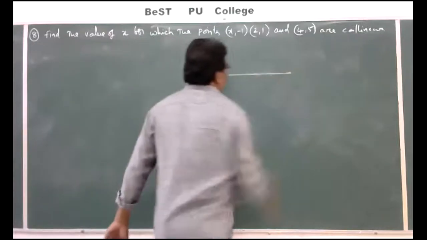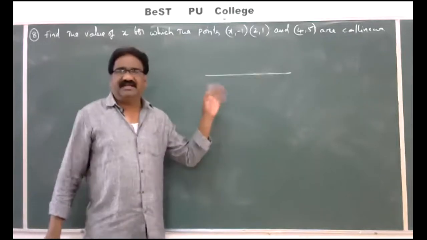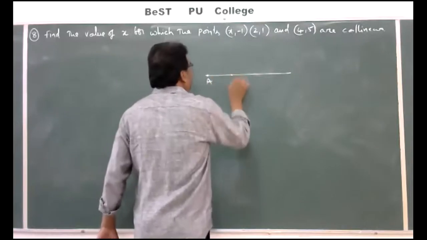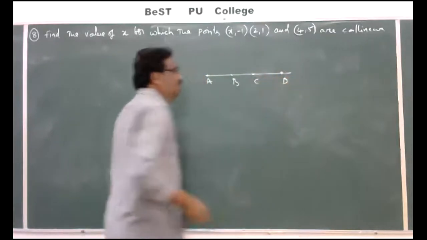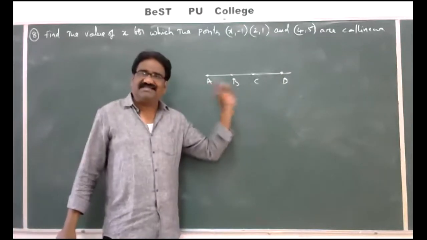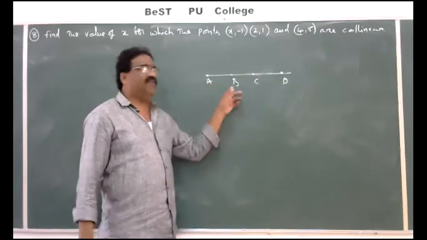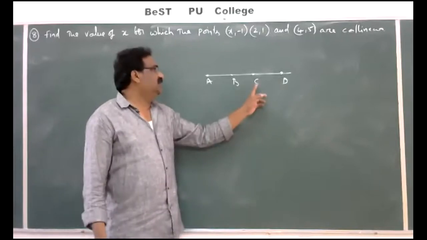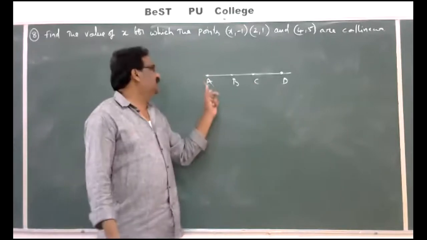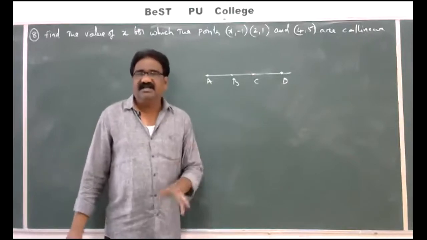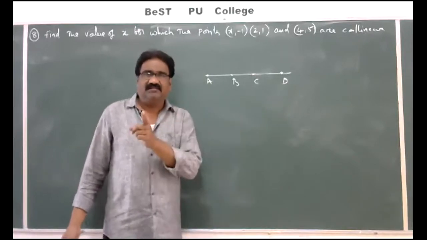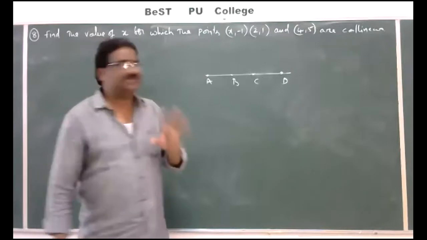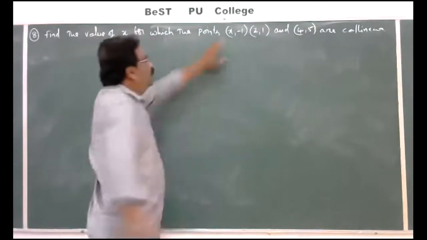So we know the slopes of the line. I gave a slope definition earlier. The slope is always unique. For example, here A, here B, here C, here D. These 4 points lie on the same line. You find the slope of AB, you get m. Find the slope of BC, you get the same m. Find the slope of CD, you get the same m. Find the slope of AD, you get the same m. That means for any 2 points on the line, the slope is the same. That is, the slope of any line is unique. That's why that process is used here.